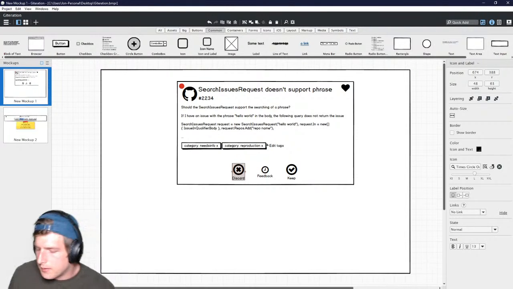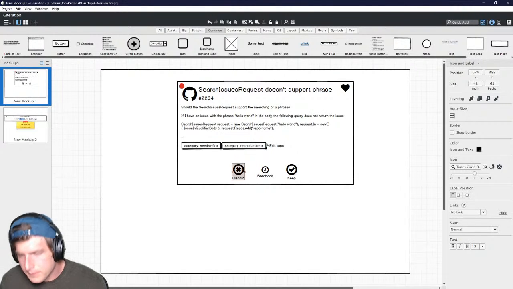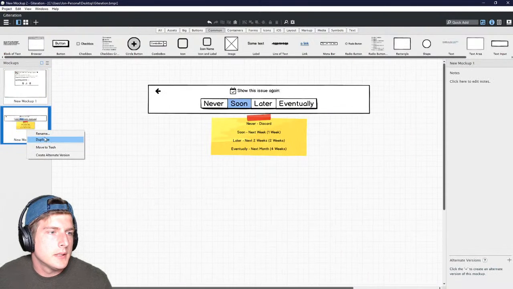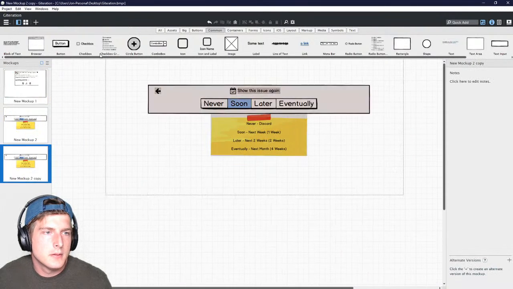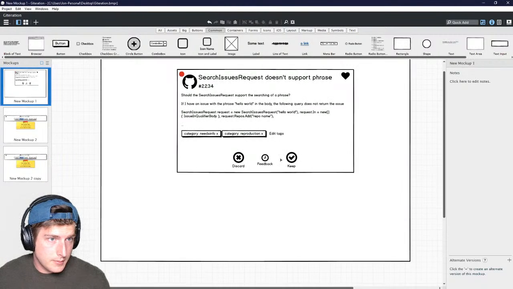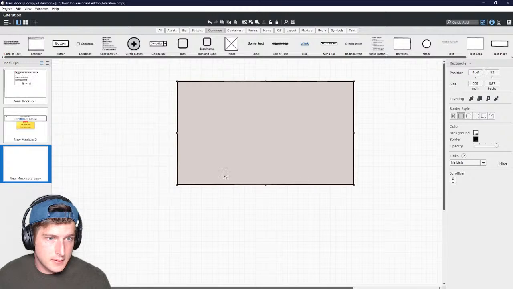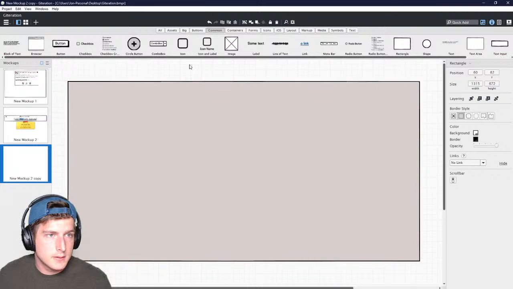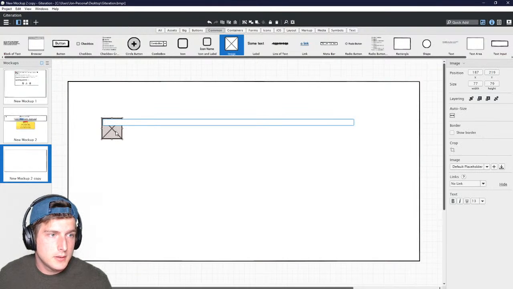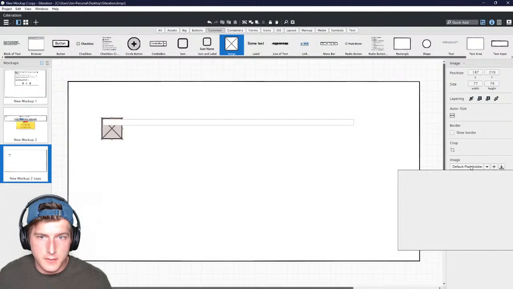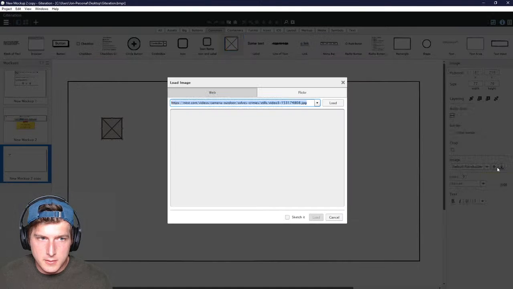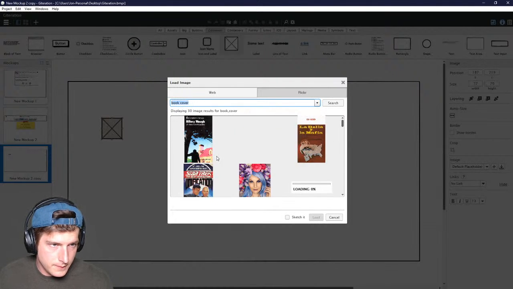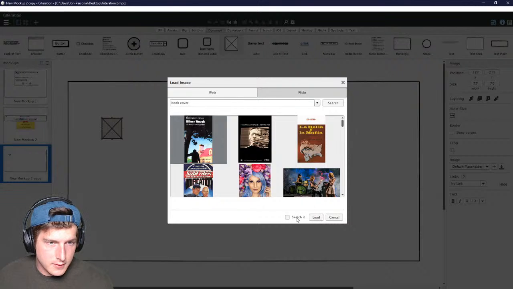And I have a dead pen out of all pens. Oh well. Let's just make something really quick. So the other one I'm thinking about is something like this. We do kind of like a box. We might have an image, and for example, can I just download something really quick? So if I went to Flickr and typed in book cover, right? So if I just grabbed one of these,